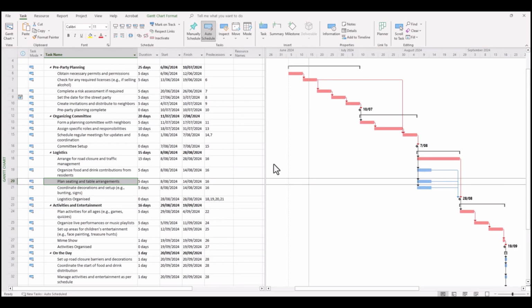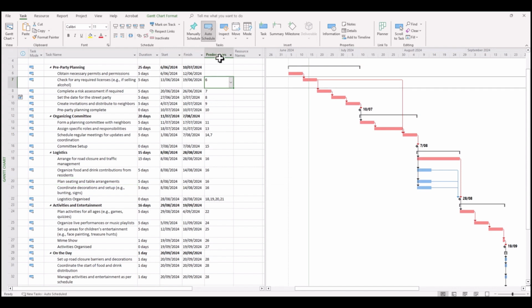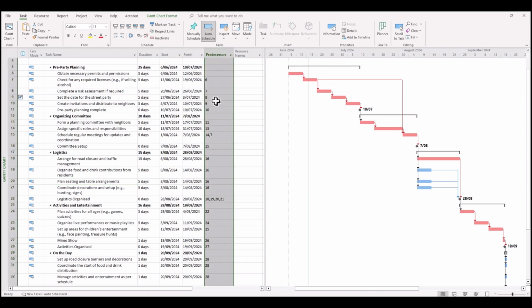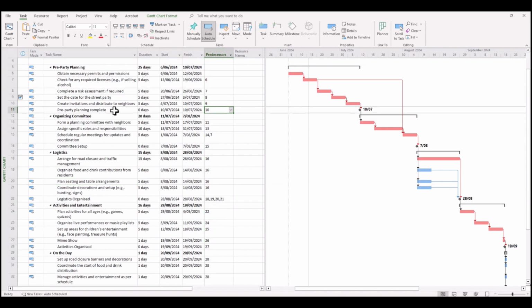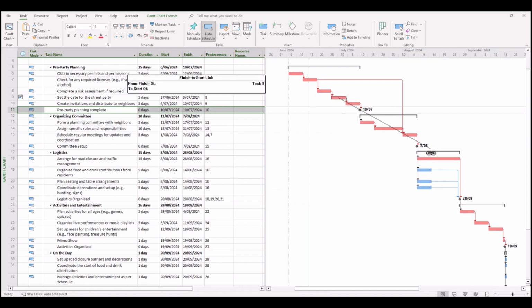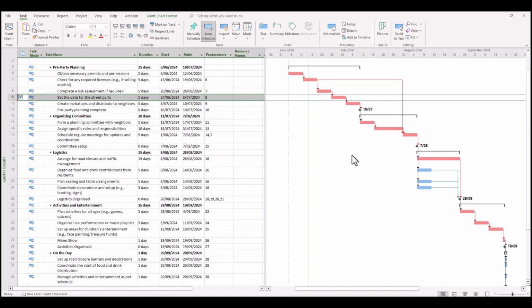So in summary, you can use the buttons on the task ribbon to unlink and link. You have the keyboard commands, you have adjustments. If you're showing your predecessor column, you can make adjustments in there. You can launch into the task information box, or you can simply manually adjust tasks through the Gantt chart, and those methods are at your disposal. So hopefully this makes it easier to link and unlink various tasks within your project schedule.